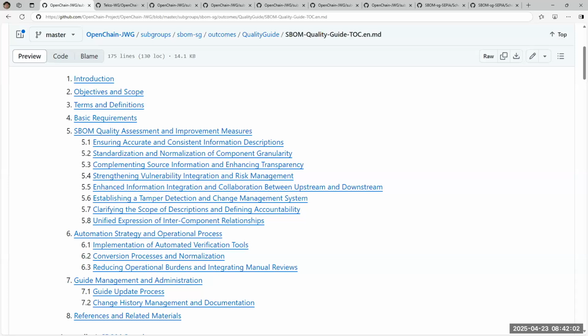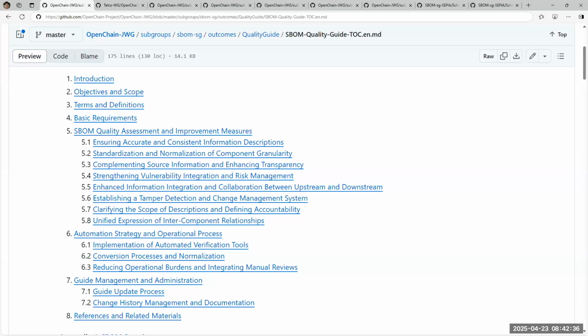So if OpenChain or this SBOM study group would like to make a standard, it is a cross-industrial or industry-neutral guide. It can be used almost whole contents from the telco SBOM guide, but